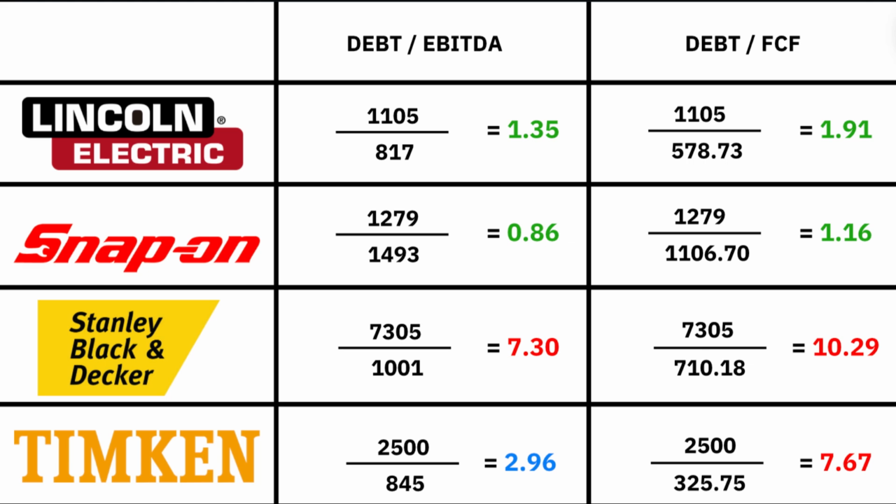This one tells us how many years it would take to pay off debt using the company's free cash flow, which is the cash left after all expenses, investments, and dividends. It's like asking, how many years of my leftover money after bills and fun would it take to pay off my loan? Stanley Black Decker also has a too high ratio, with a ratio of 10.29, but in this case